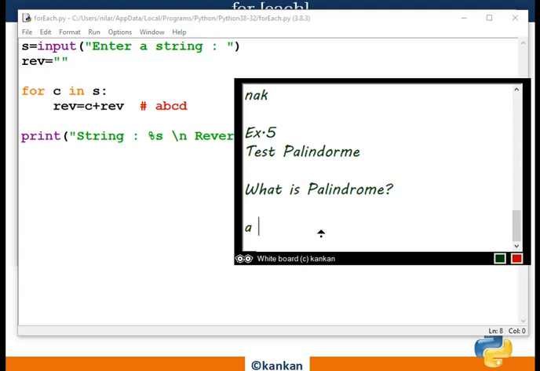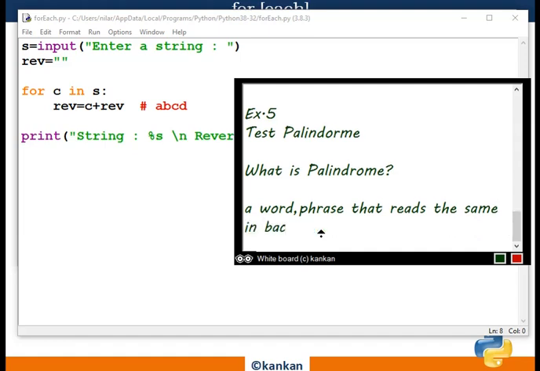Basically, it's a word, or you can say a phrase, or a sequence of characters that reads the same backward as forwards.